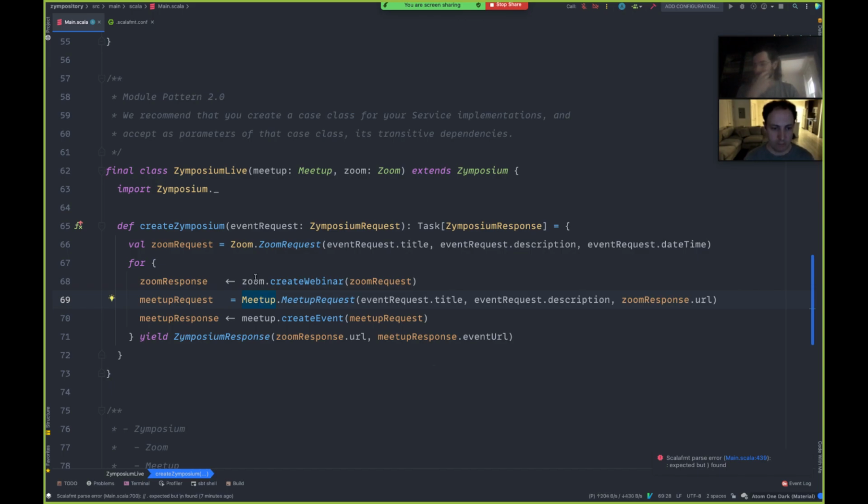So I mean, not to be too positive about ourselves, but this is already pretty cool. Here, we basically got the logic of this service implemented. And it seems pretty straightforward. I guess it would be slightly nicer if Scala had the syntax to do this, like a for comprehension, but we can't quite do that.